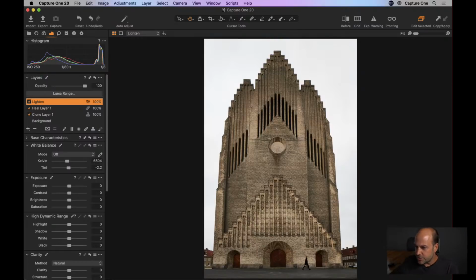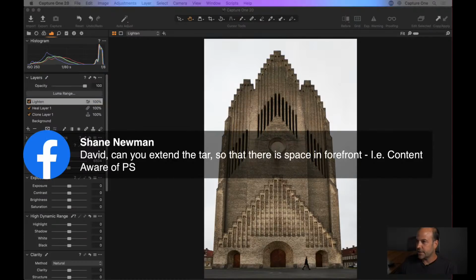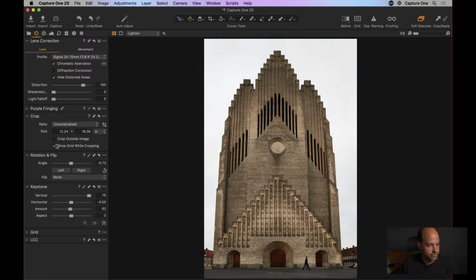Okay, I'm just having a pause for a quick couple of questions. That's a good question, Shane, actually. Can you extend the tar so there's space in front, i.e. content aware? You can't do a content aware, but what you can do, if we go to the crop tool,